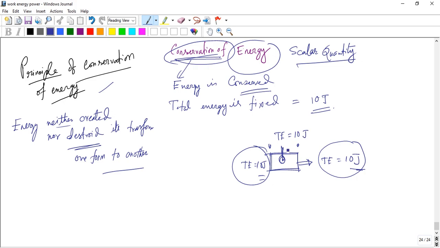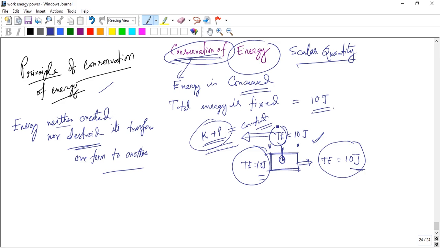Now, what is total energy? The total energy is basically kinetic energy plus potential energy. Sometimes kinetic energy is greater than potential energy, or sometimes potential energy is greater than kinetic energy, or sometimes they are equal. It doesn't matter. If I add these two energies, we get a total energy that is a fixed value. So the total energy is constant. That is the theoretical verification that kinetic energy plus potential energy is constant.